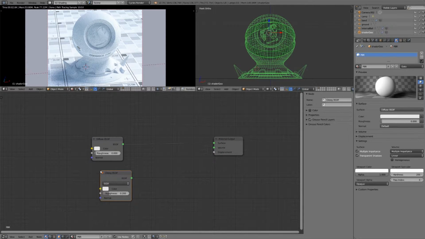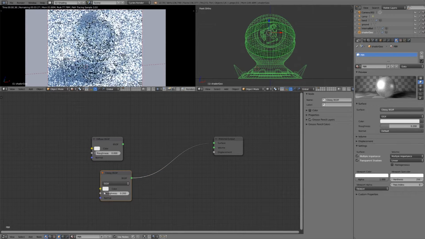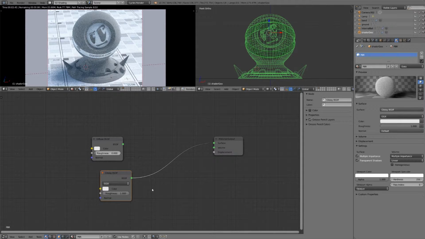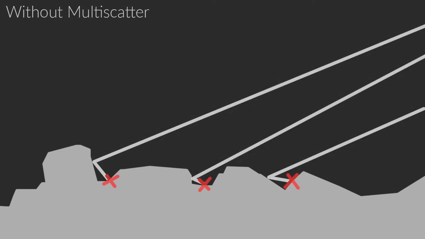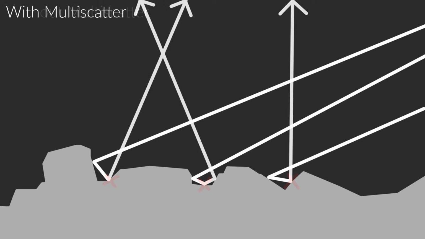Now, before we mix the two together, take a look at what happens when we increase the roughness. Suddenly, it gets a lot darker and is losing too much light to conform to the law of conservation. Remember when we talked about roughness simulating lots of tiny bumps on the surface? Well, in this shader, if the light hits one of those bumps and bounces out of view, it's considered dead. But in reality, some of those, of course, will get absorbed, but a lot of them should be bouncing right